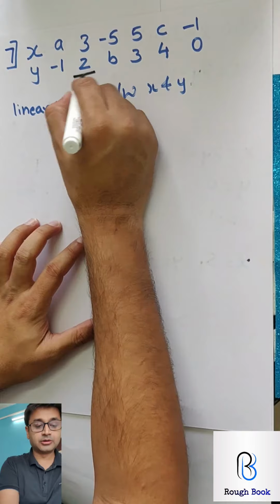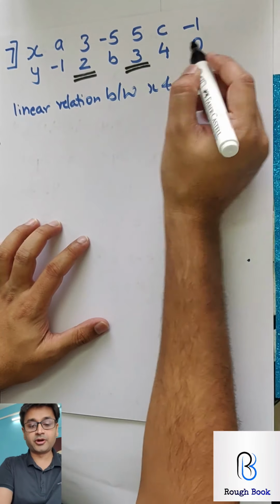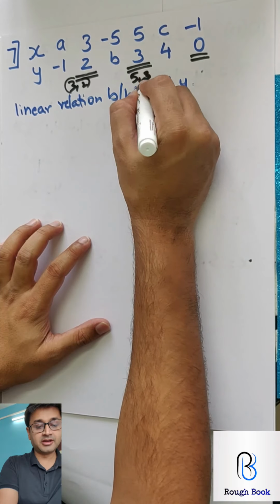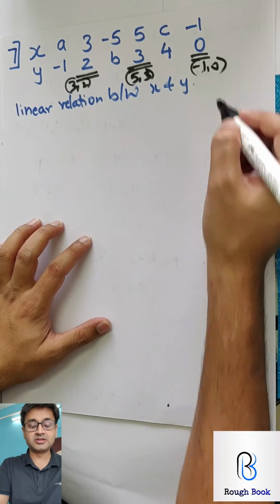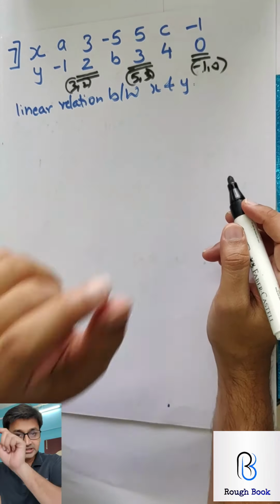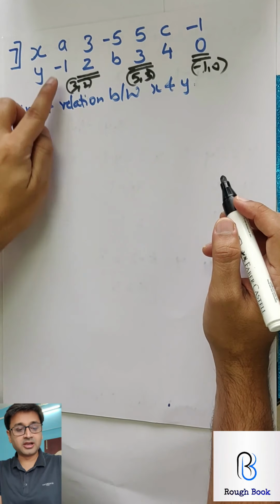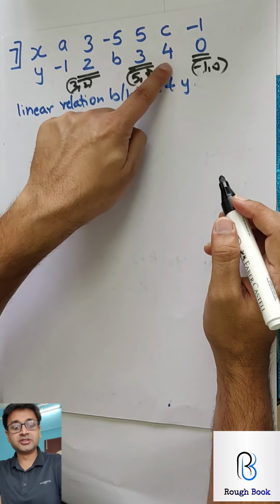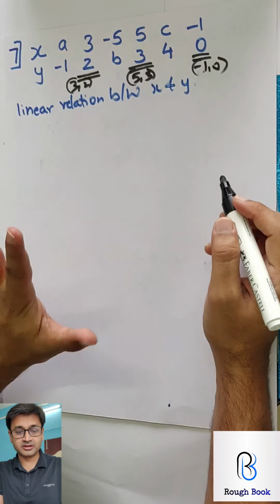Seventh. Now the points are ready made. See, you got this total point 3 by 2, this point and this point. So this is going to be 3 by 2, 5 by 3 and minus 1 by 0. Can we use these 3 points and draw the line? Once you draw the line, use this and get A, use this and get B, use this and get C. So it's going to be very simple in the start.